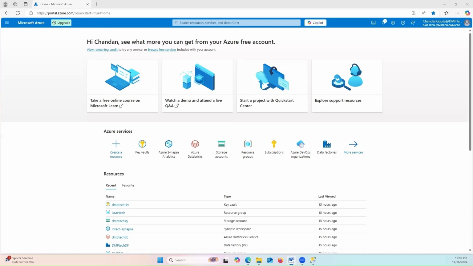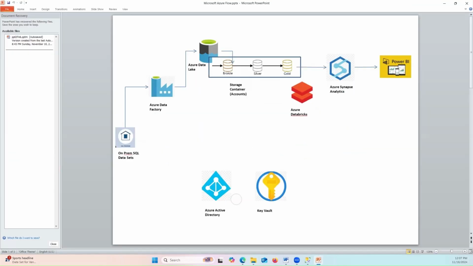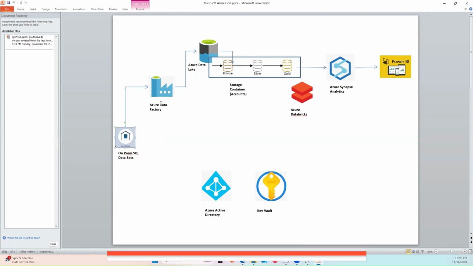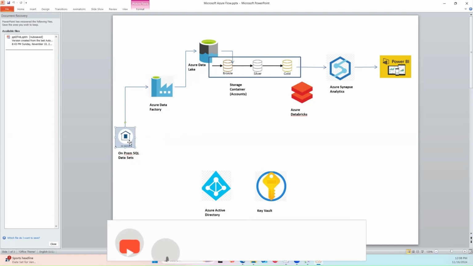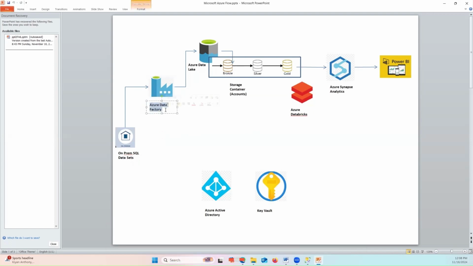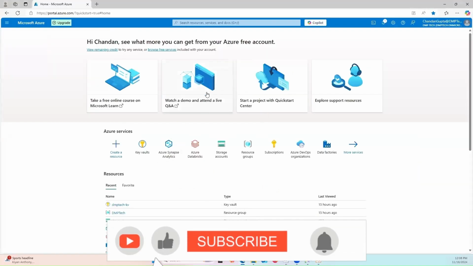So if I open my diagram that we were following, this is the diagram, and what we are trying to do over here is connect Azure Data Factory to on-premises SQL. So how can we achieve that? Since we have already set up Azure Data Factory in Microsoft Azure,